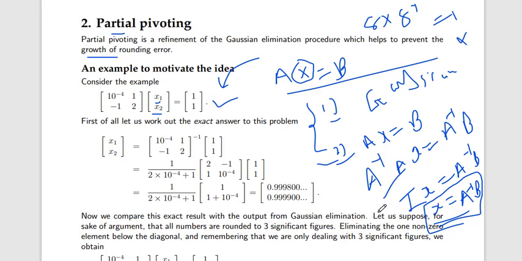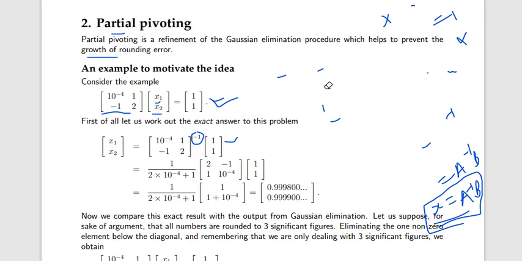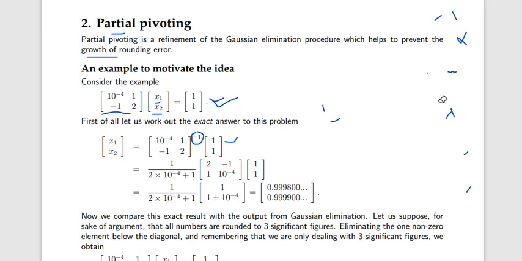So x is equal to A inverse b. Here A is this matrix, and x is equal to A inverse into b. So now, how do we find A inverse? In matrix revision we talked about how to find the inverse of a matrix. What is the equation of the inverse of a matrix?